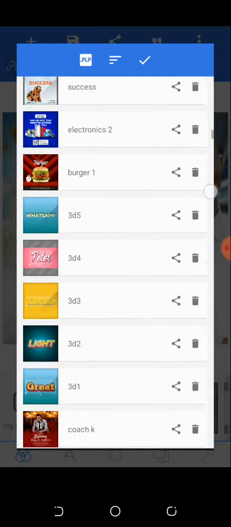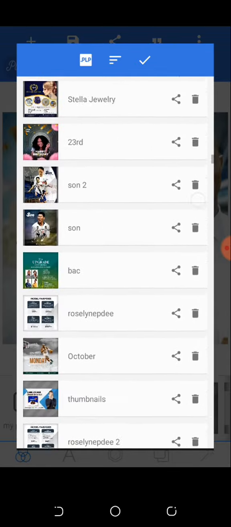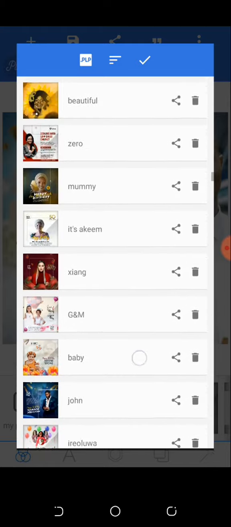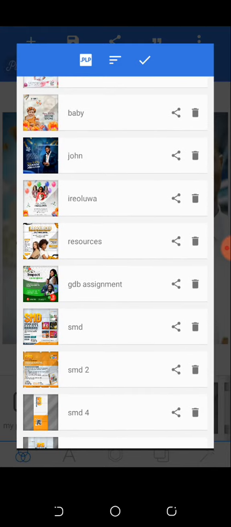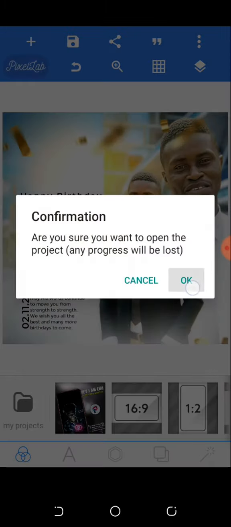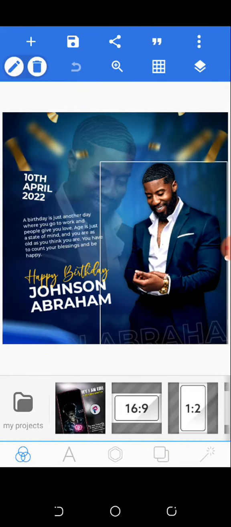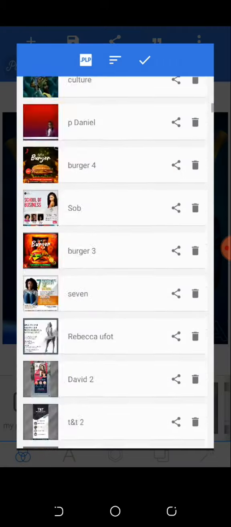Let's see if I can find any design I did lately that I actually stole a concept from. Now let's look at this one. I actually didn't steal anything from anyone with this one, but this confetti, I've been seeing people using it, that's why I used it. I've also been seeing people using something like this, one reflection at the back and then one image standing. That's why I made use of it. The way my text is arranged is me just trying to be creative in my own unique way. But most times,